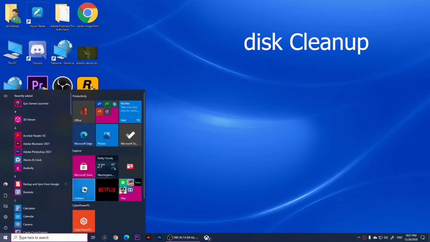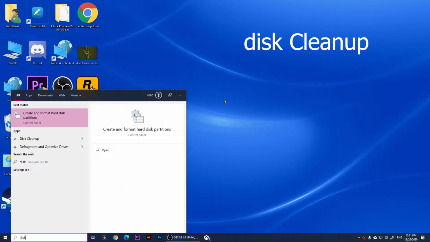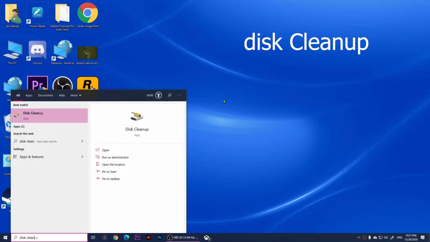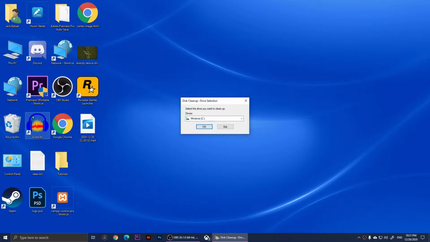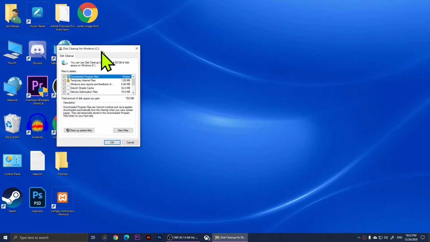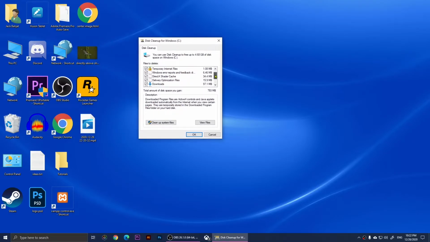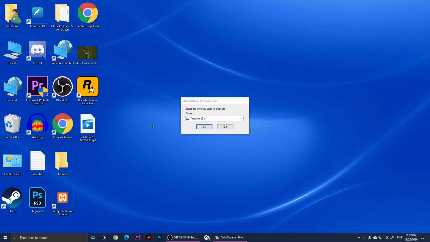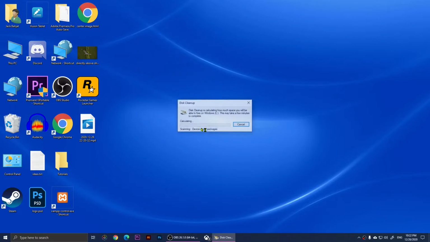So the third way is to open Start and type in Disk Cleanup and click on it, and then choose the disk, click on OK. Then I'm going to select what to clean up. So I'm going to check Recycle Bin, and it's telling me how much I'm going to gain right here. It's like 4 gigabytes. Click on clean, then click on OK, and it will calculate it, and the calculation takes